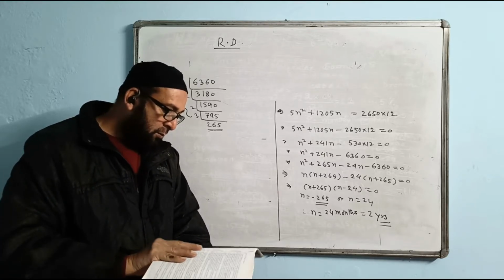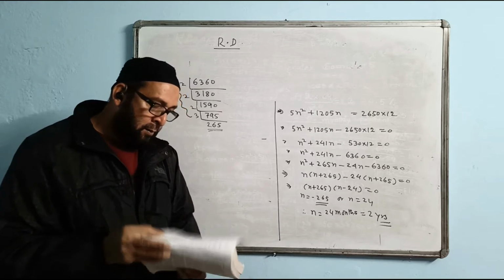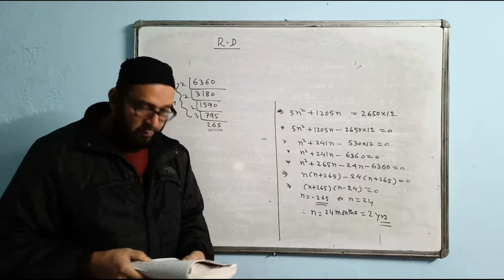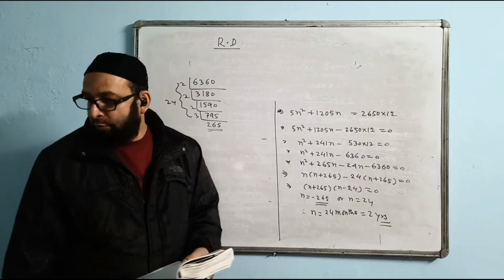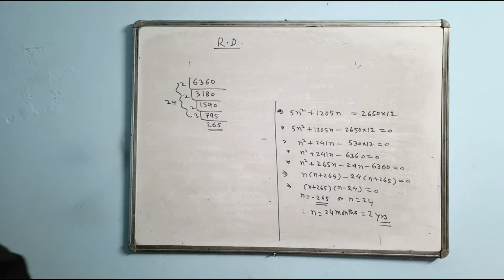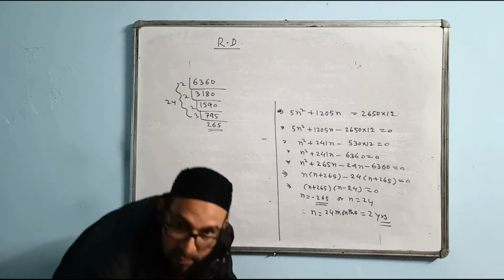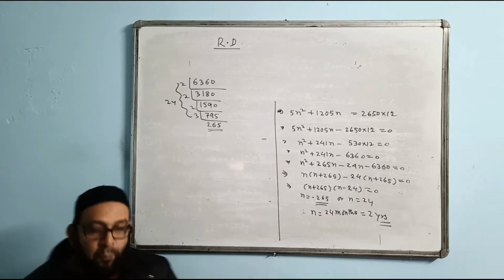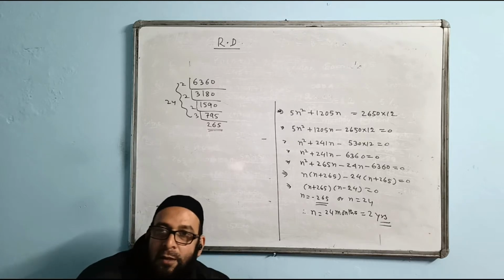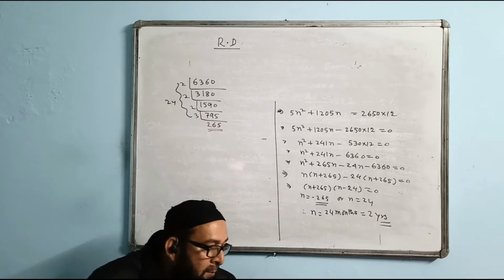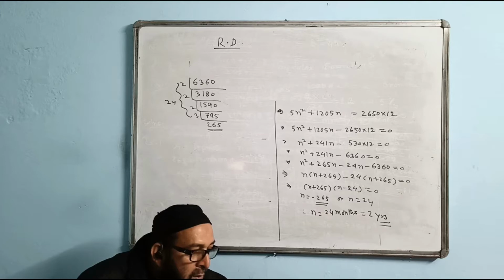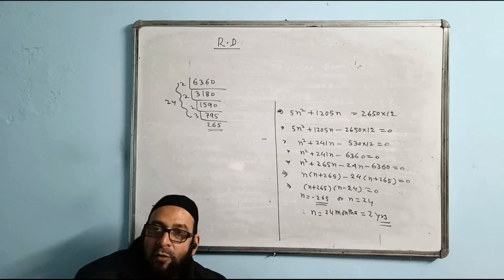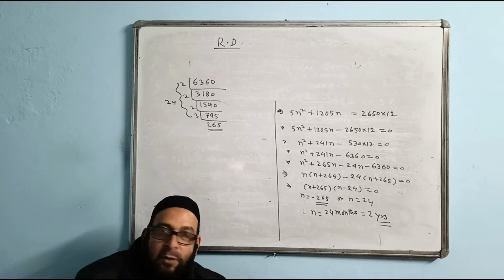So I read the question. That is one question we do each time. You will be doing by your own. Question says: Rakesh deposits rupees 500 per month in a recurring deposit account. You can write in short RD account. RD is recurring deposit account.